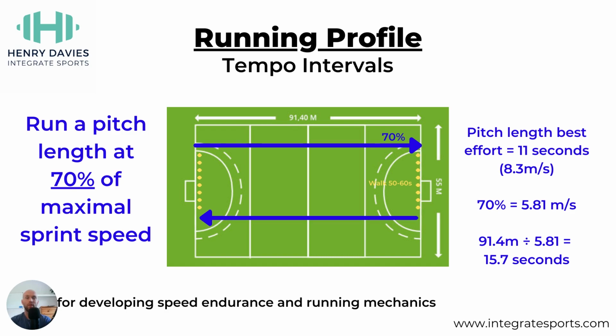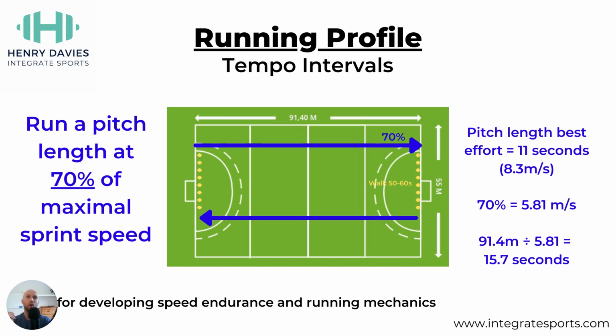And then we could run that same distance with our target time in mind. So we would take the same distance, divide it by our corrected score 5.81, and this person we're trying to achieve that distance down 15.7 seconds over the distance per rep. So the athlete would run the pitch length in 15.7 seconds, thereabout, could be 16, but as long as it's that kind of ballpark,